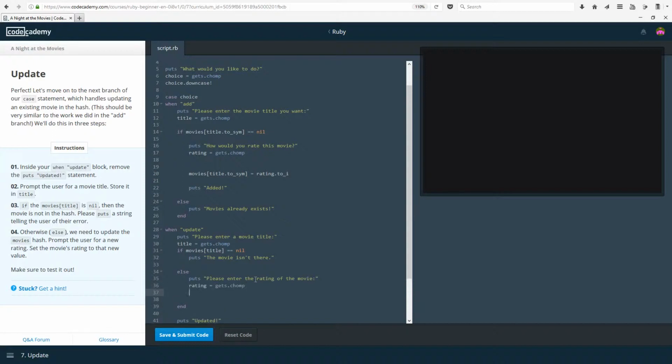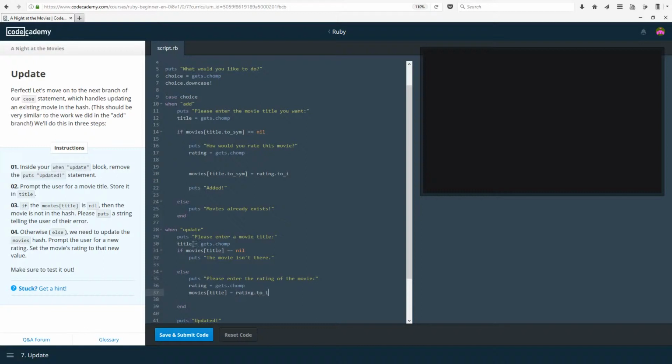It's kind of hard to think on camera sometimes. Please enter the rating of the movie, and then we want to do movies title equals rating, and we want to make sure that rating is going to be a .to_i,